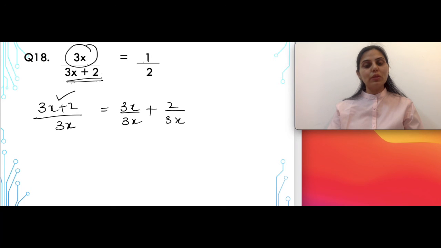So I hope all these questions are clear to you. Here there are simple laws of exponents and laws of identities that you are applying to identify whether the left hand side and right hand side of the equations are equal or not.